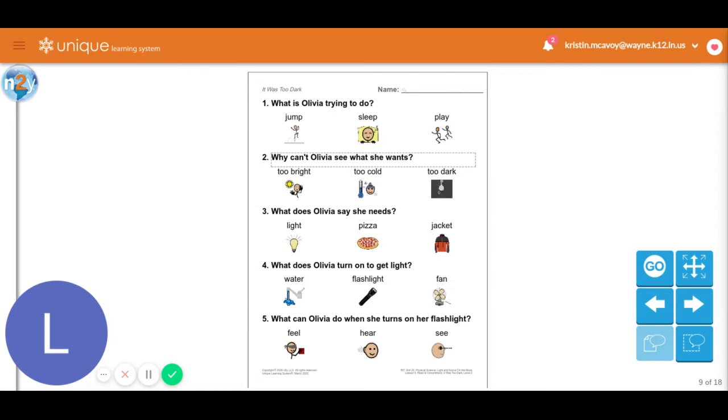Remember, she was in her room. Was it too bright? Was it too cold? Or was it too dark? Circle your answer from what you remember in the story. Think back to the story, what Olivia was trying to do, and why she couldn't see the things that she wanted.